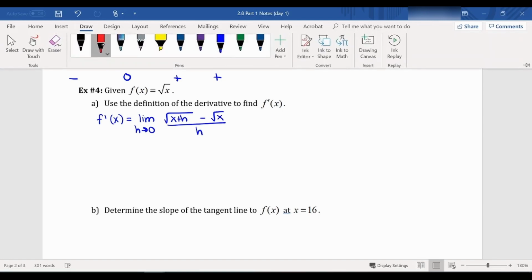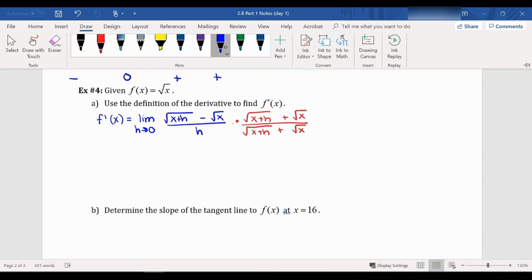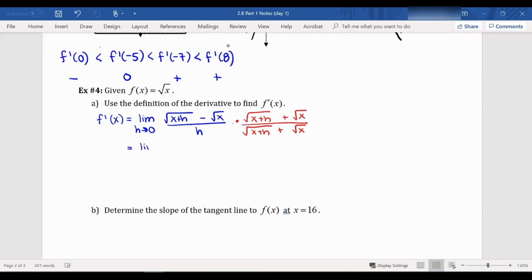Now, just a refresher, if you have radicals and you can't just plug 0 in here, we would need to multiply by the conjugate. Our conjugate is the square root of x plus h plus the square root of x. And we have to multiply both the top and the bottom by these values